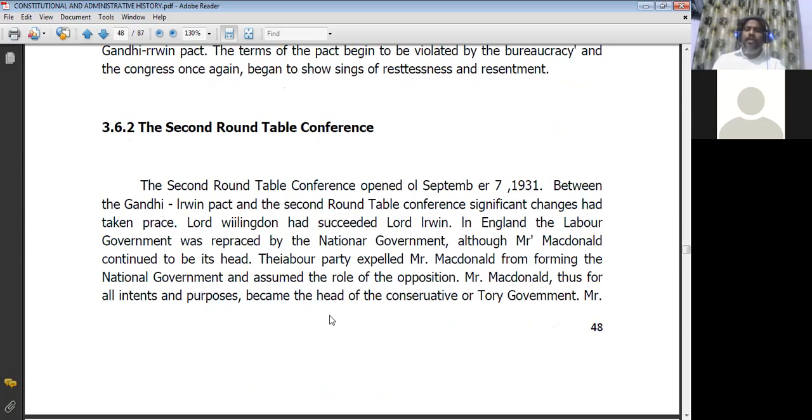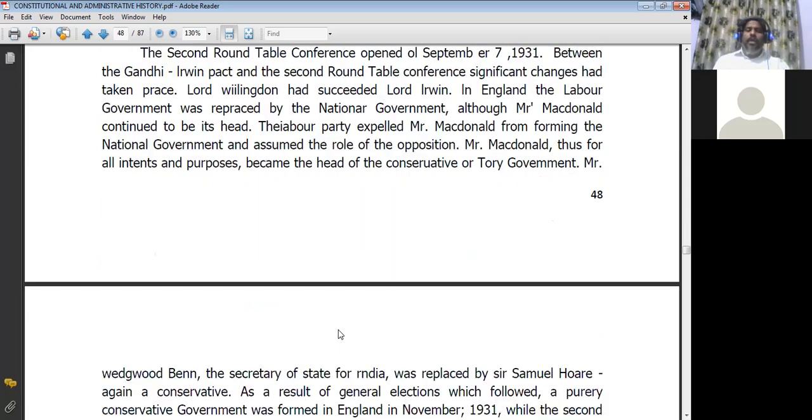Between the Gandhi-Irwin Pact and the Roundtable Conference, significant changes had taken place. Lord Wellington had succeeded Lord Irwin. In England, the Labour Party government was replaced by the national government, although Mr. MacDonald continued to be its head, and the Labour Party expelled Mr. MacDonald for forming the national government and assumed the role of opposition. Mr. MacDonald, thus, for all intents and purposes, became the head of the conservative government, and